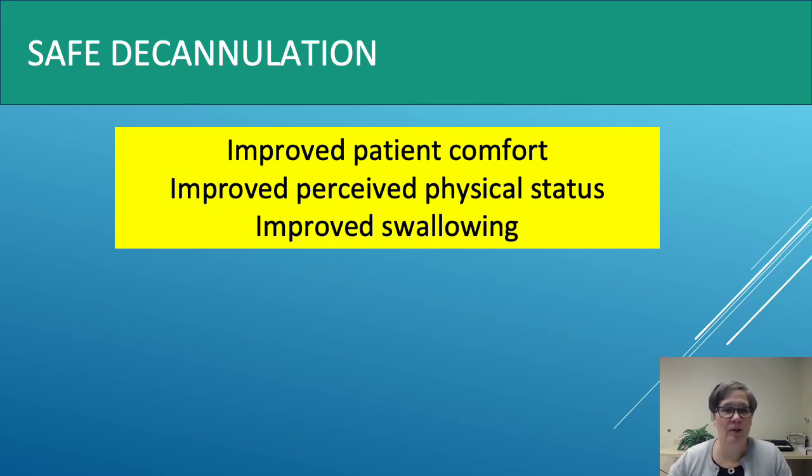So no one wants to have a tracheostomy tube. They're messy and they're a hassle. However, they can serve a life-saving purpose. So a non-tracheotomized patient has improved comfort, improved perceived physical status, improved swallowing. So in order to achieve this,